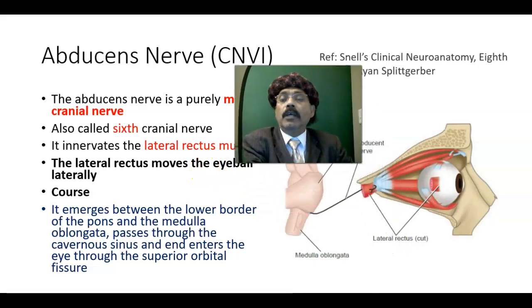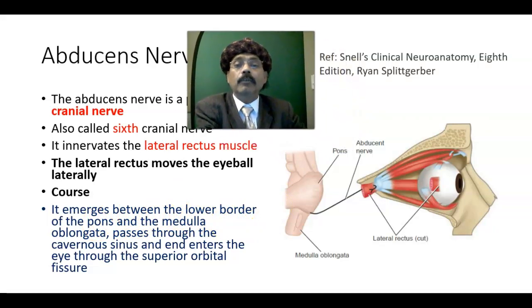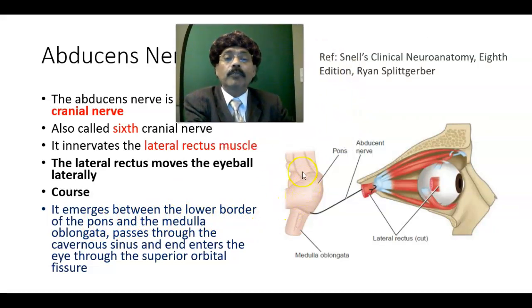The abducens nerve emerges from the lower border of the pons. Here, if you look at this, this is the midbrain, pons, and medulla oblongata. The abducens nerve emerges from the lower border of the pons here. It emerges at the junction between the lower border of the pons and the upper part of the medulla oblongata, from here. It passes through the cavernous sinus